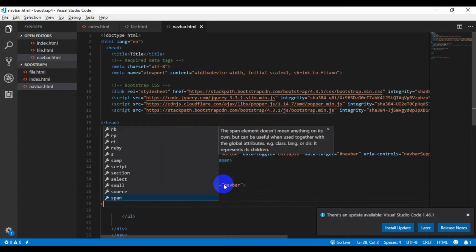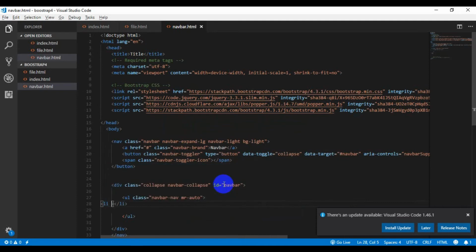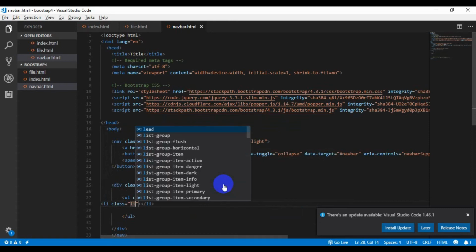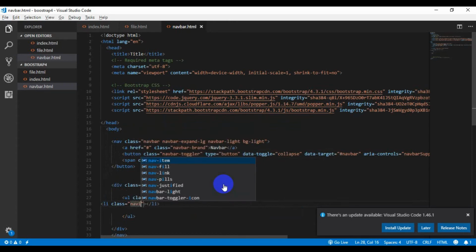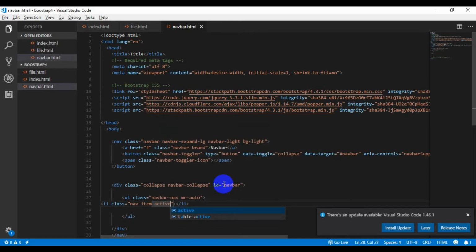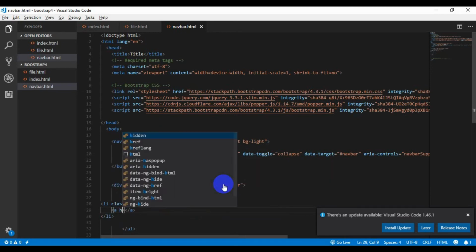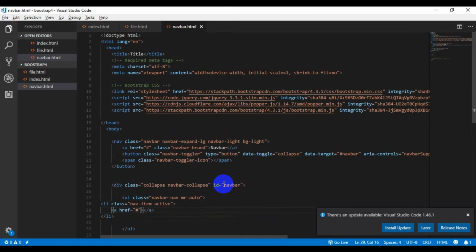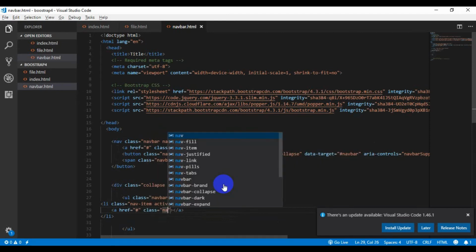After that use li, and set the class name to nav-item. I've told you about the active class, which you use on the item you want to make active. In the list use an anchor tag, href. We don't have a page right now, so use hash, and class nav-link.